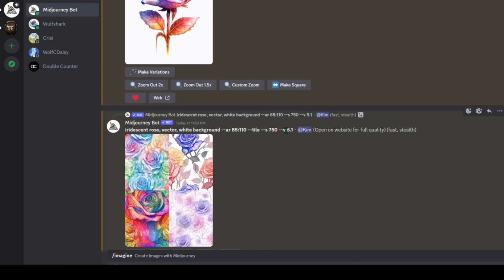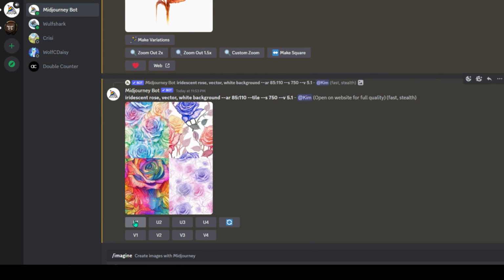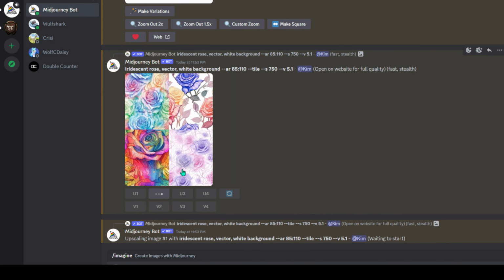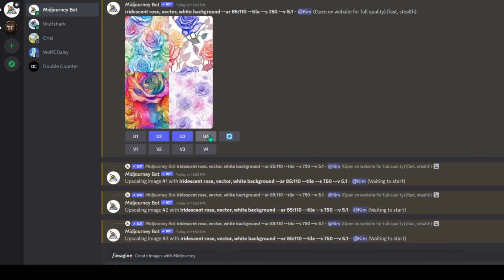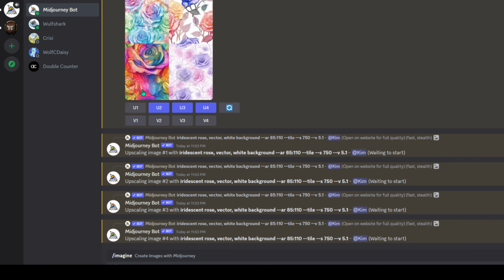Same exact, I'm in version 5.1. This is the same exact prompt, other than I told it to tile here. None of these are colored the same way as these. So it's interesting, but now I can go ahead and upscale each one of these. And that's basically just breaking them apart into single ones. And I have 4 of them that are now repeatable and tileable, which again, we will use